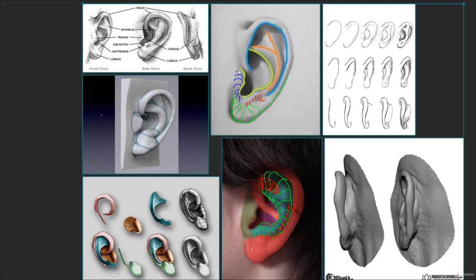Also for the tragus, and all this volume will continue and will be this volume for the Y shape that we call it. Okay,